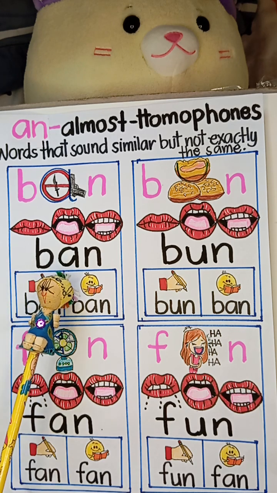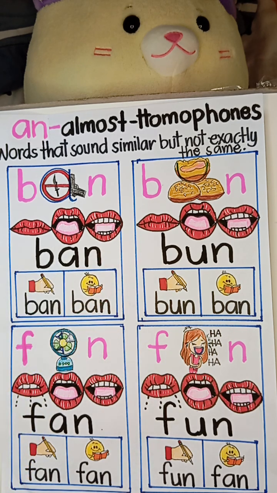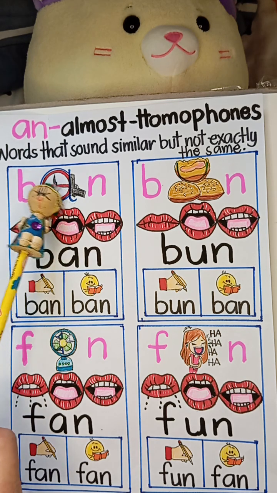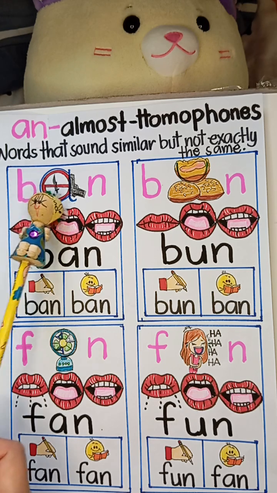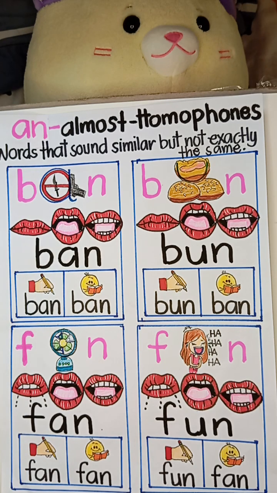B, A, N. The first sound is the phonics sound of the letter B. The second sound is A, which you remember as a sign or shape like the letter A, or a gun symbol resembling the letter A. The last sound is N, which is the letter N. The correct spelling of ban as a gun ban is